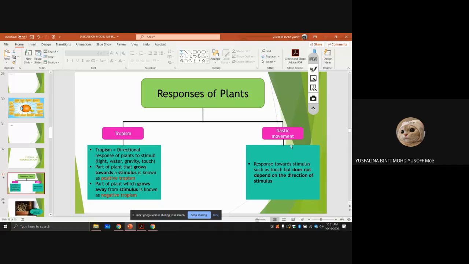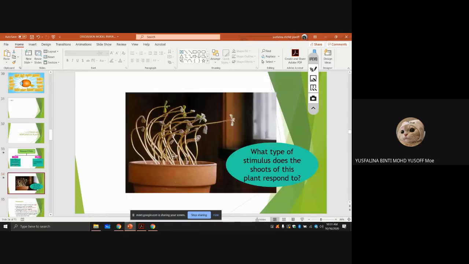What is nastic movement? It is a response towards a stimulus such as touch, but it does not depend on the direction of the stimulus. For tropism, it depends on the direction. So let's say I have a plant here, and this is the window. You can see all of the shoots of the plant move towards